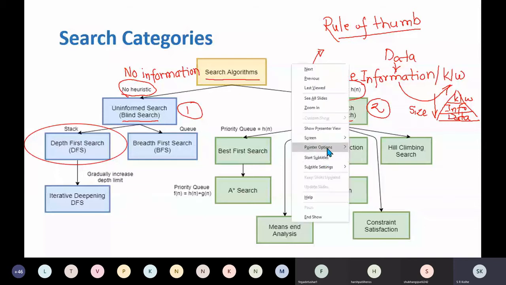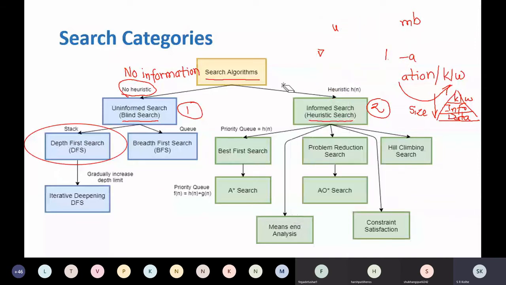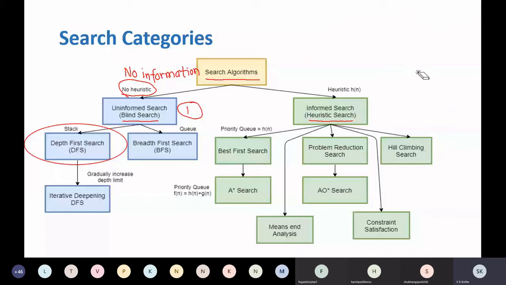Today we will be discussing the uninformed search techniques, and these uninformed search techniques are also called blind search techniques. Why blind? Because the search blindly moves from the starting state to the goal state. So blind search techniques, again, can be classified into two parts: depth first search and breadth first search. So two types of blind search techniques. Some of you might know this before, that DFS and breadth first search, that is BFS.